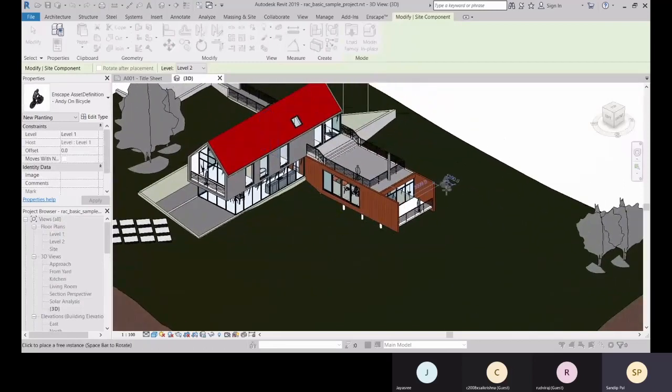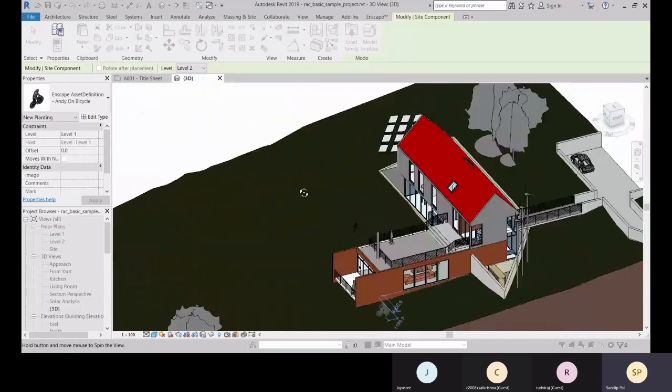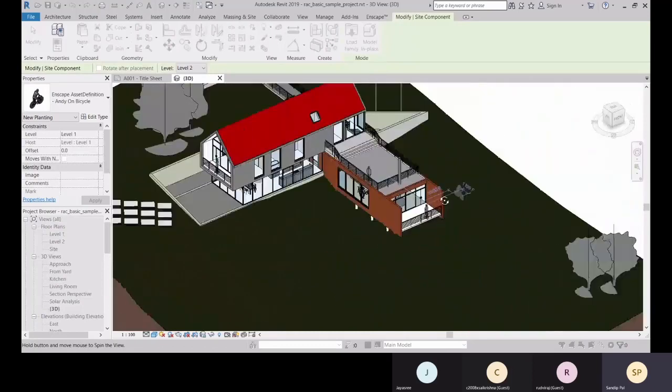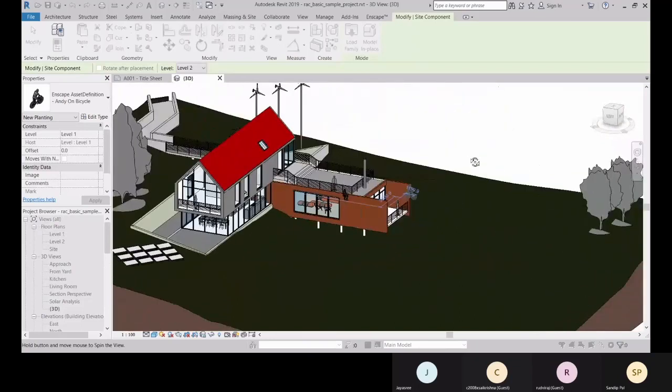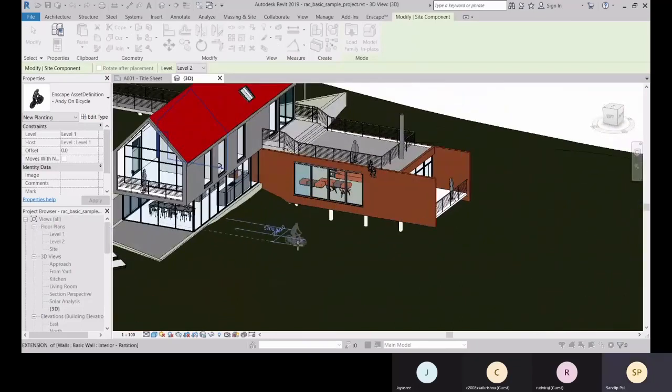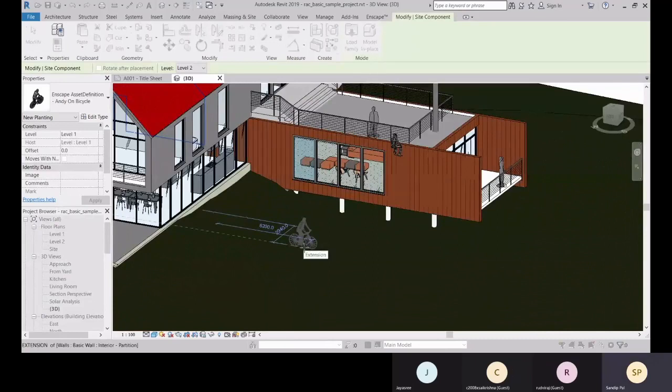Okay, so let's find the right place to place it. Let's place him here.